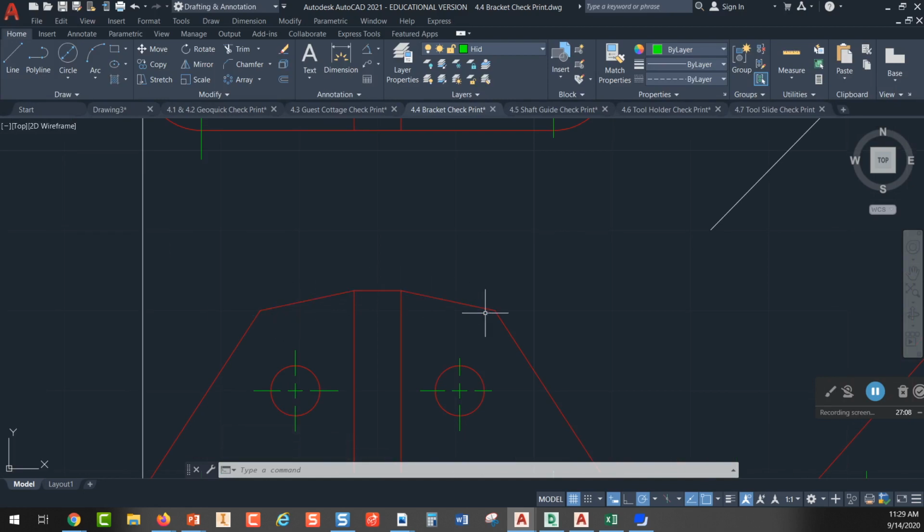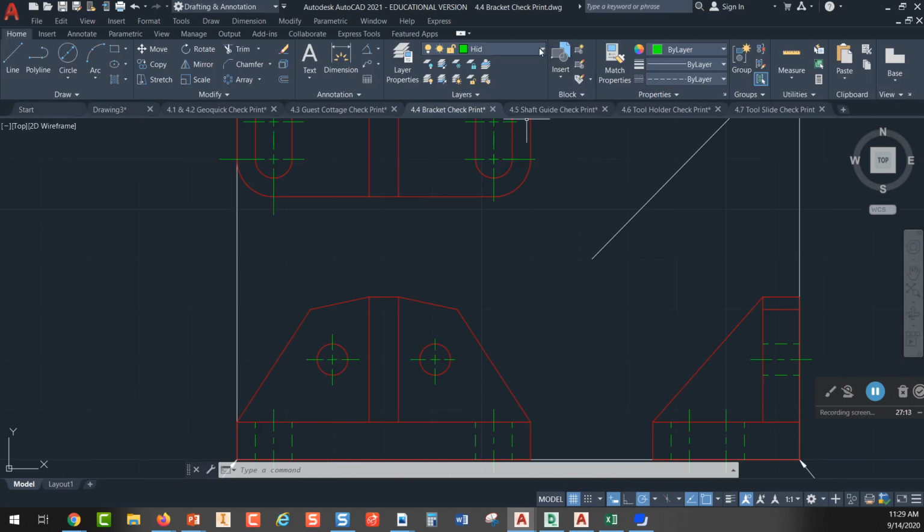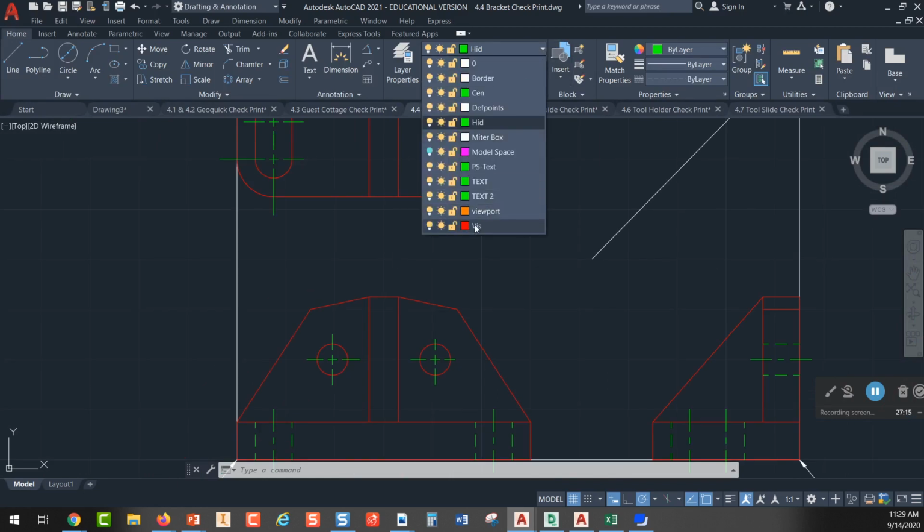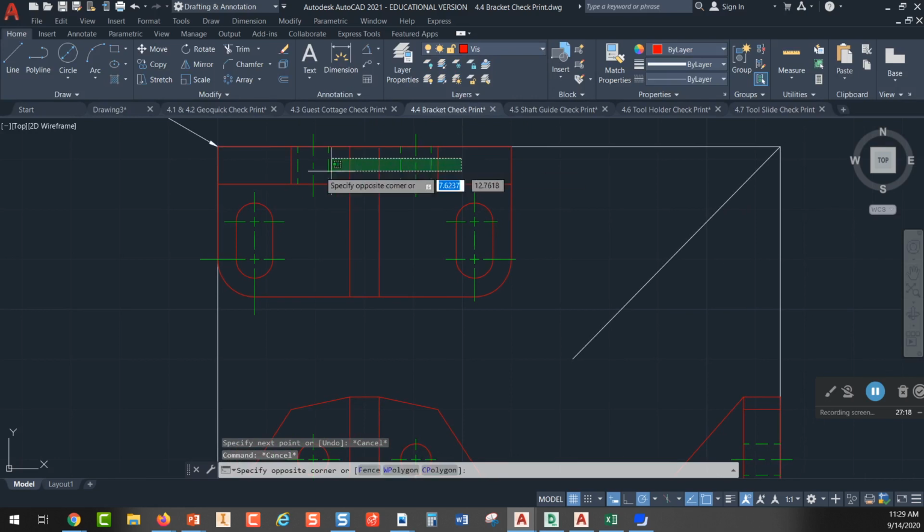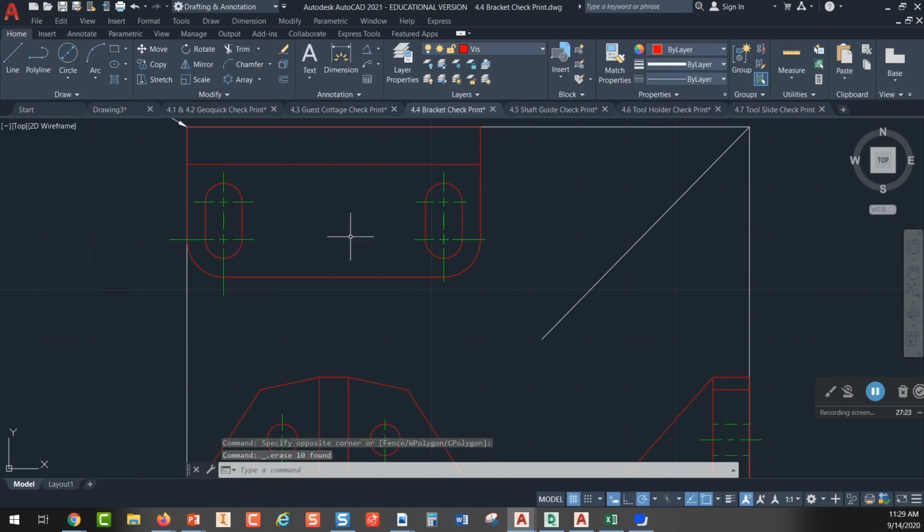Same way, when you draw, once you get this front view drawn and you figured out where all of this stuff is, if you go up here and you make your visible layer current, and let me get rid of this stuff up here. So let's say you're trying to draw your top view. Well, just start your line command and come right here and just park your mouse, don't pick, follow straight up, and when you get right there, pick, and then go all the way to the back edge and pick, like that. Do the same thing over here, just park your mouse, follow it up, pick, and pick right there,